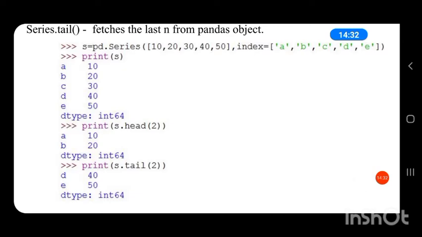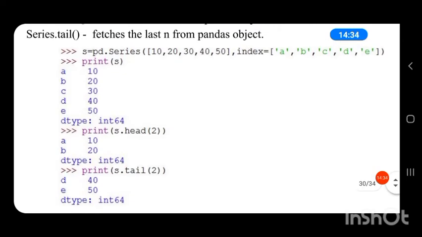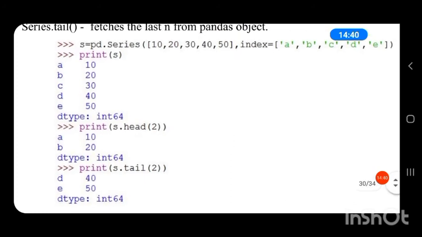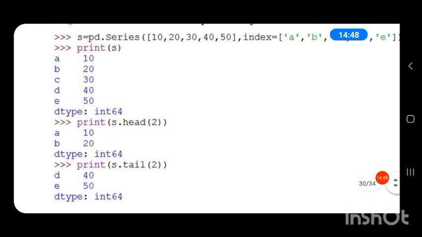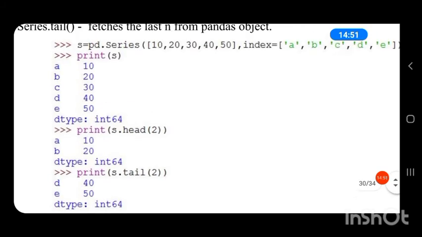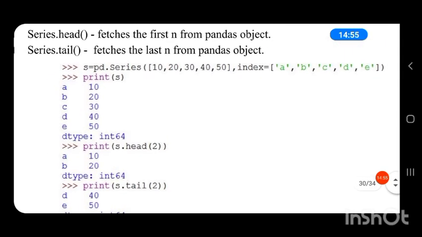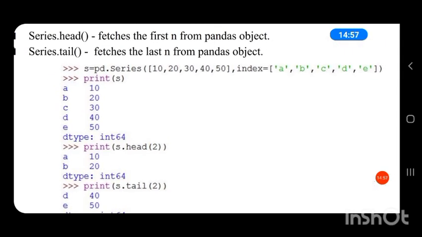Then here print S dot tail of 2. From the series S, the tail function with parameter as 2 will retrieve the last 2 elements from the series.